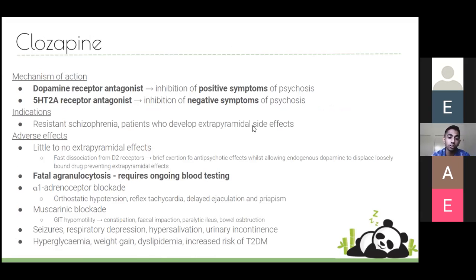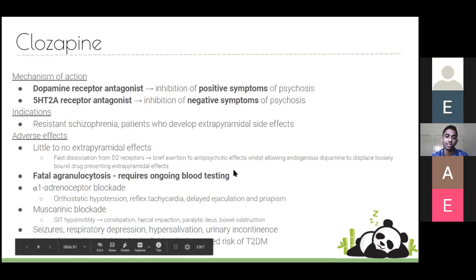And this is a really strong drug. It's for people who have refractory or resistant schizophrenia, or people who develop extrapyramidal side effects, because you get little to no extrapyramidal side effects. And the main one that you need to know about is fatal agranulocytosis. So they don't have enough white cells, so they are very immunosuppressed, more likely to get infections and die from it. So that's probably the big one, why we don't use it as much as the other ones, why it's kind of a last line kind of thing.